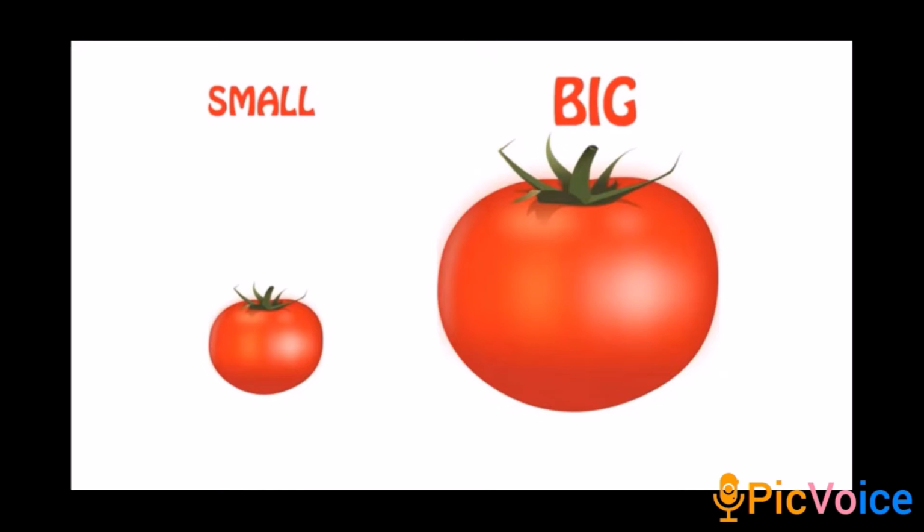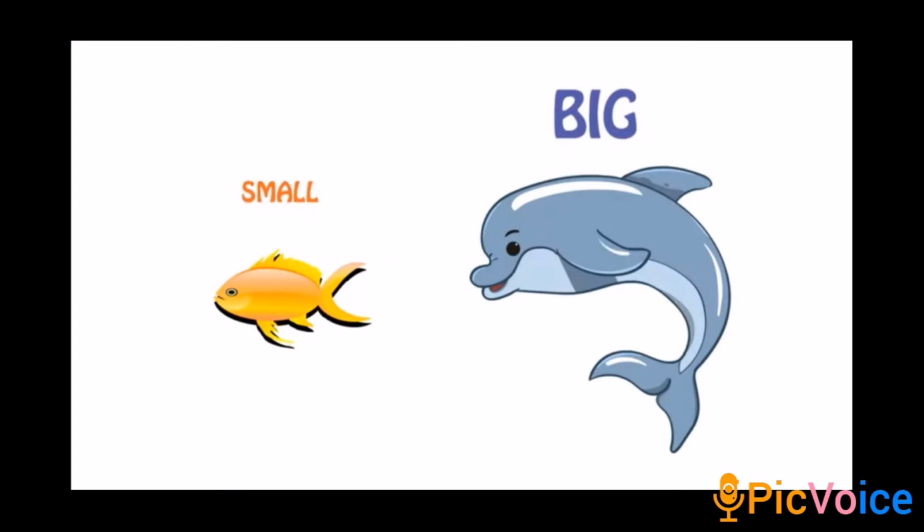And then see what is on the left hand side. It is a small tomato. Okay, you should know the spelling for small also. S-M-A-L-L, small tomato. Okay, children, shall we see another example to find out the difference between big and small? See, children, what is our next example?